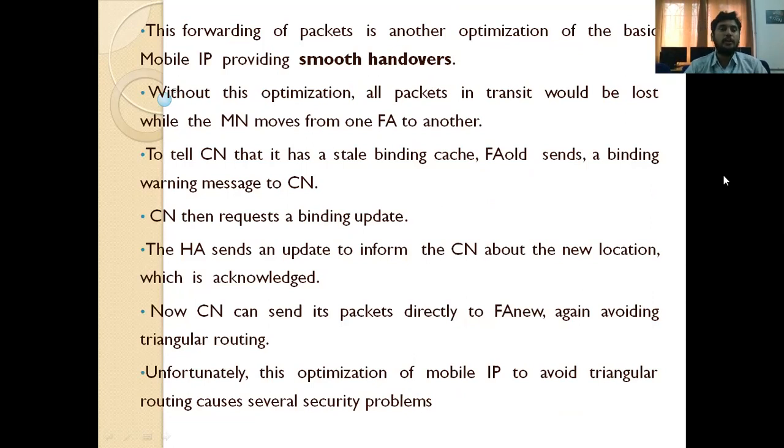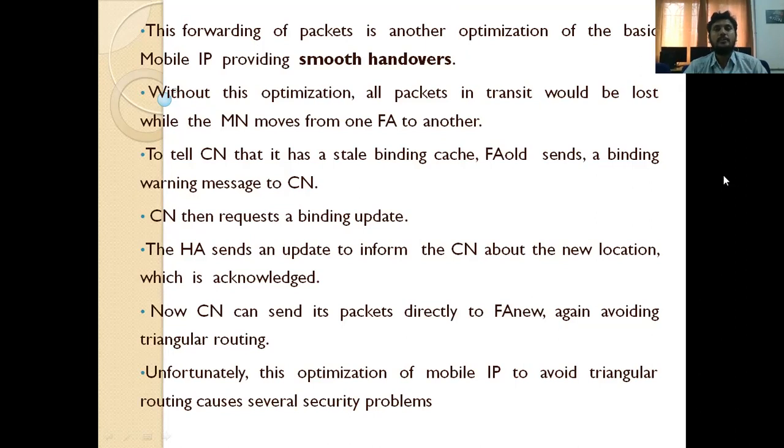To tell the correspondent node that it has a stale binding cache, the old FA sends a binding warning message to the CN. The CN then requests a binding update. Whenever the old FA sends a binding warning message, the correspondent node requests a binding update. That means it learns the exact location of the mobile node.